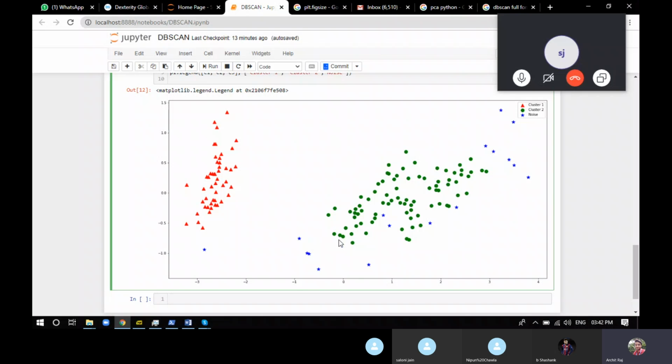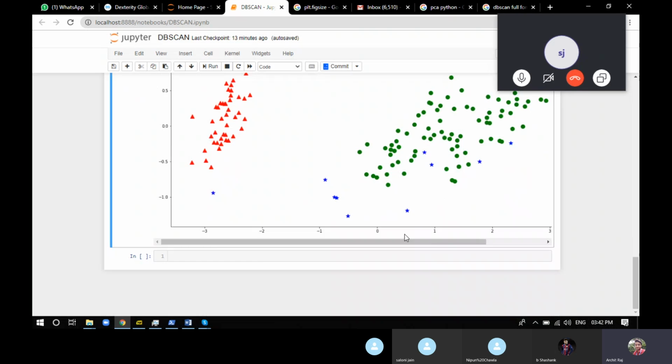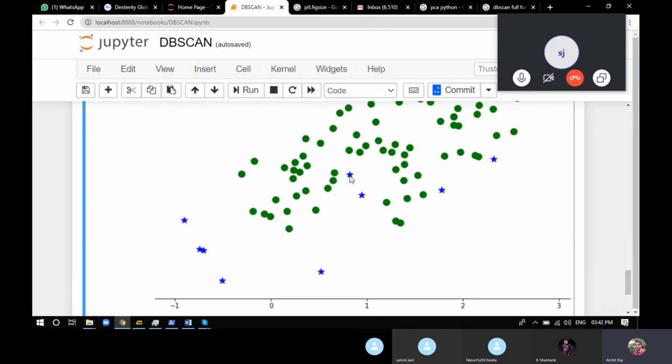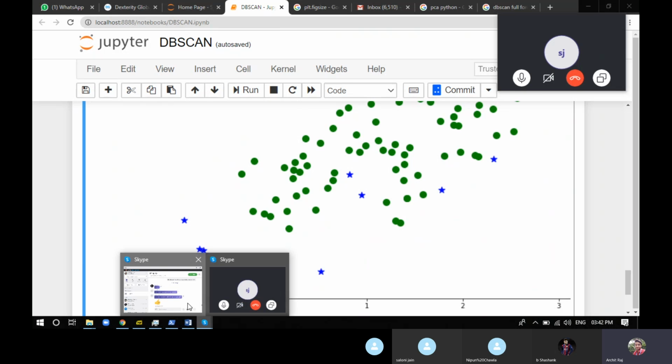But there's one thing that happens in DBSCAN, which is one of the problems of DBSCAN. Imagine you're starting here, you can see that there is an outlier, the model is telling us that this particular point is an outlier. If I zoom in, the model is telling that this is an outlier, but you can see that this doesn't look like an outlier to you. It looks like it belongs to this particular cluster, but the model is saying that this is an outlier. How exactly did this happen?